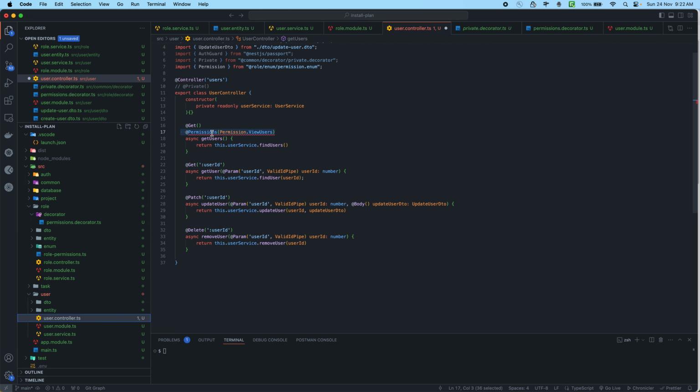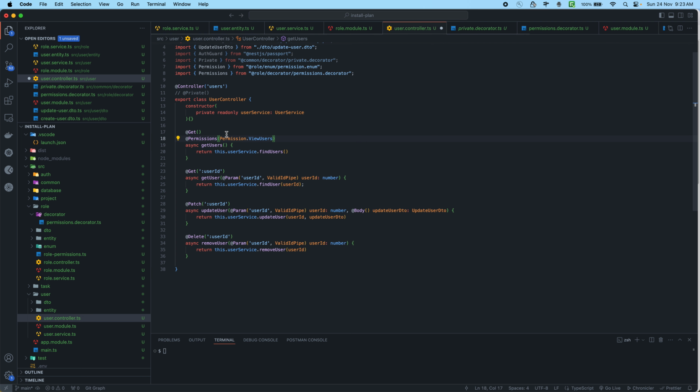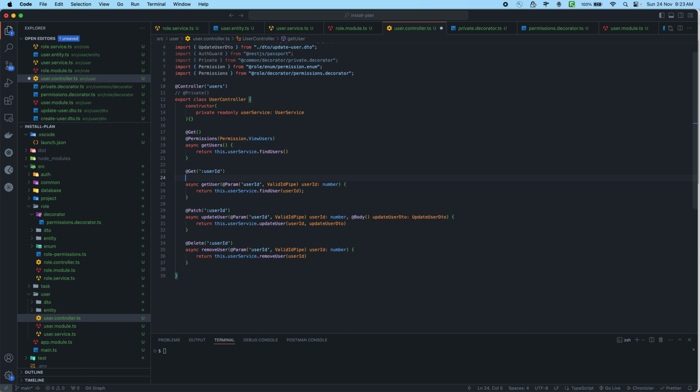And here now we can import this. Okay, we need to import this one. All right, and I'm just going to do one thing. I'm just going to put permission for all the endpoints here quickly. So let me just copy and paste it,